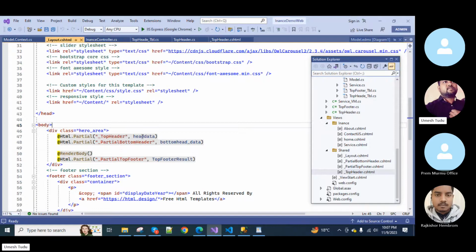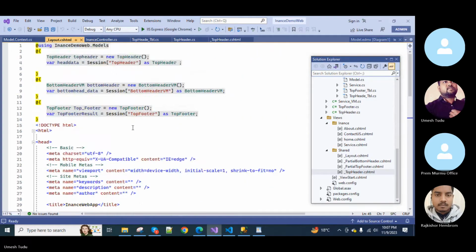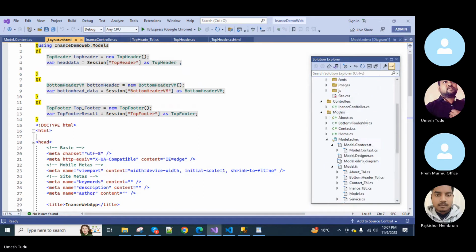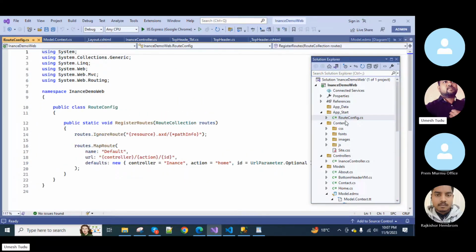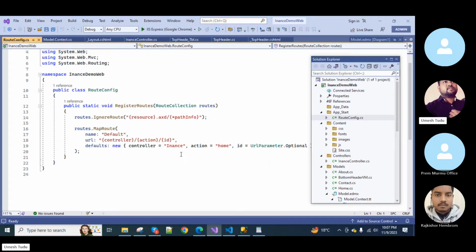This one is the top header, and this is the variable. You can see here this one, head data variable. At the last, before running the application, we go to the route config, and we change the controller name and action name from the default values, because my controller name is Anand. That's why I named the controller name as Anand, and this is the home, and this is my home action